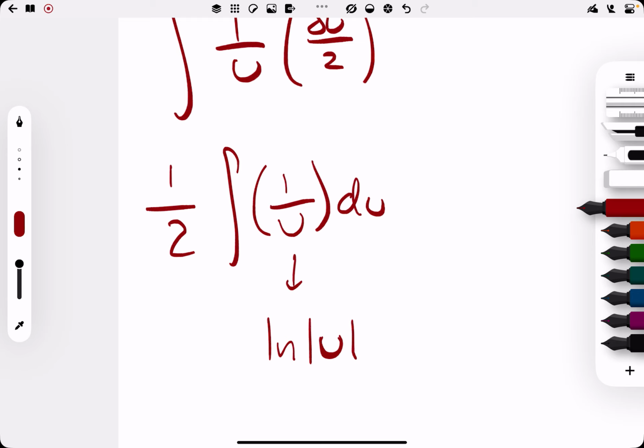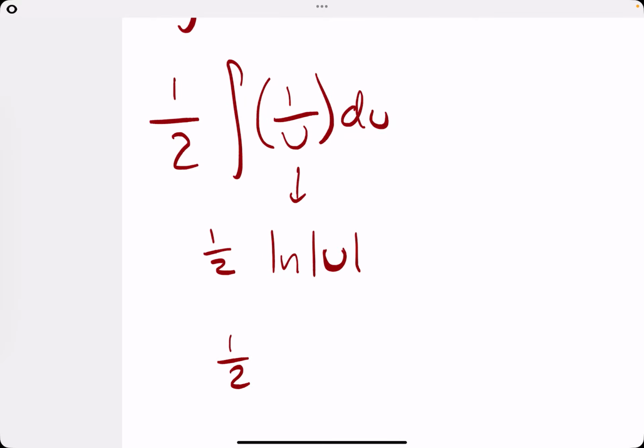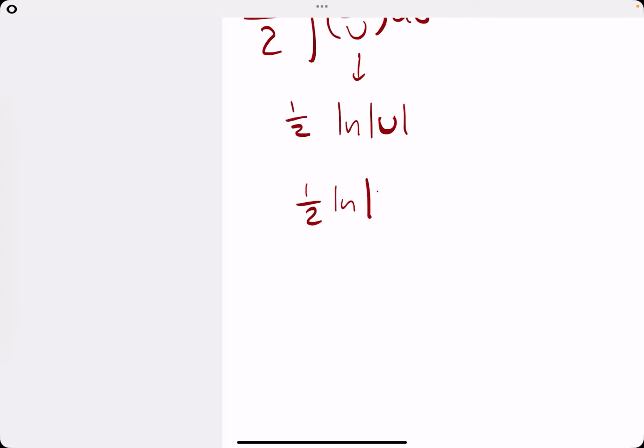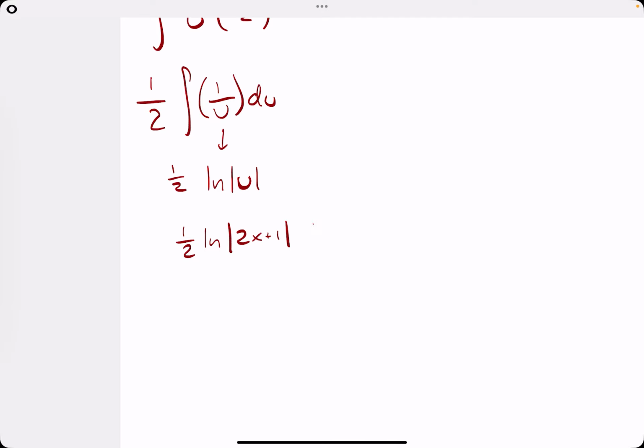Here we go. Home stretch. 1/2 ln of u, and again, we just get it back in terms of x. So 1/2 ln of absolute value of 2x plus 1. Okay, that should be the first term. So then